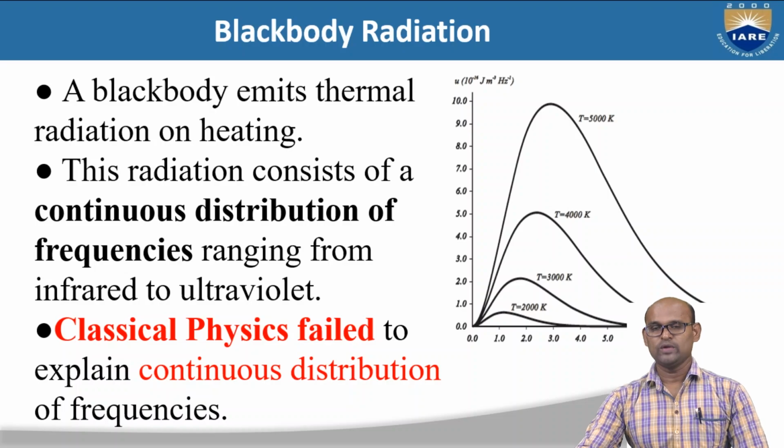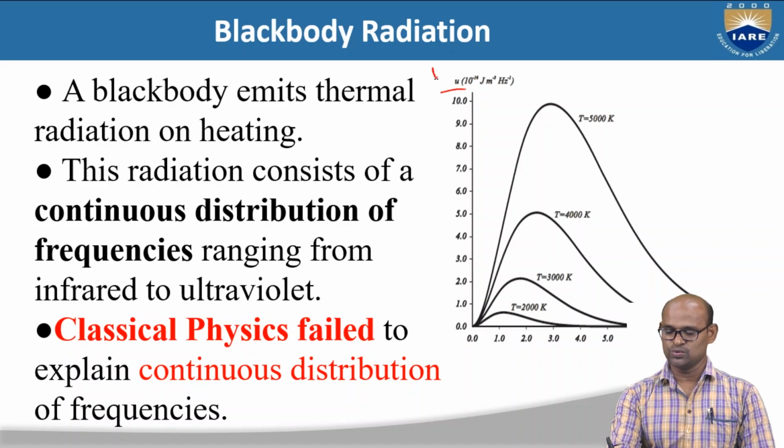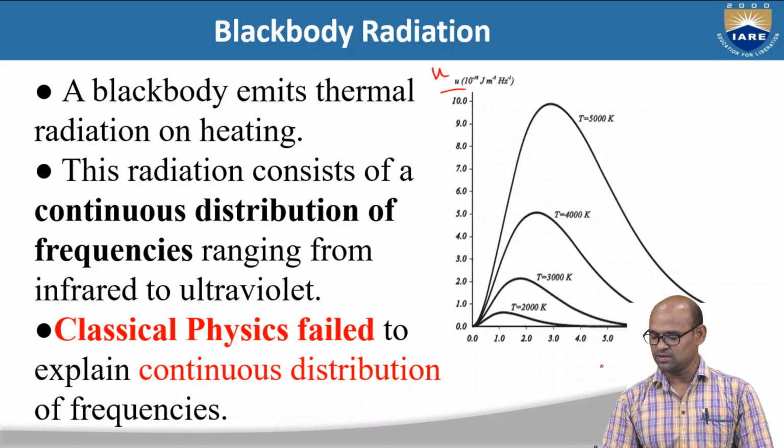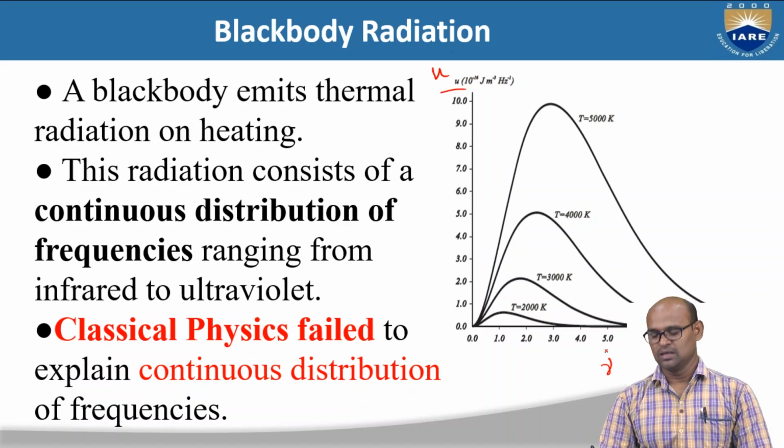Okay, so when we heat this black body, it is going to emit radiation, and Planck measured this energy, the radiation or heat energy emitted by the black body at each temperature versus different frequencies. So small u is heat energy, and the x-axis is frequency. So this is the heat energy emitted by the black body over different frequencies at temperatures T equal to 2000, 3000, 4000